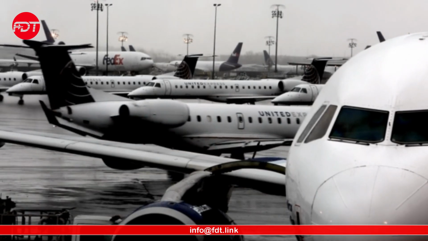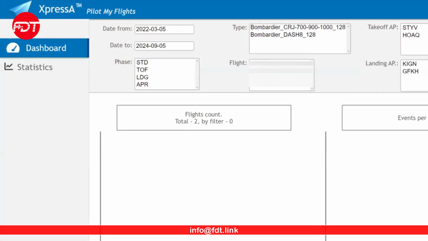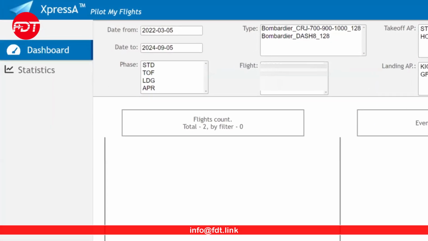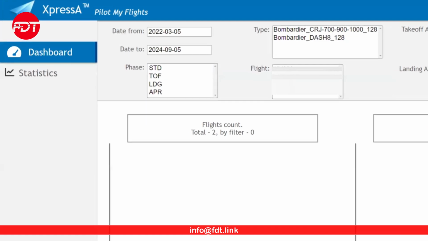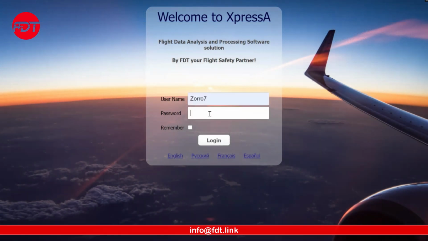Pilot My Flights. My name is John Smith. I provided the airline with the username and password I want to use to privately access the Pilot My Flights application from anywhere via the internet. For this example, I chose the username Zorro7 and a password with a minimum of 6 characters, which I will